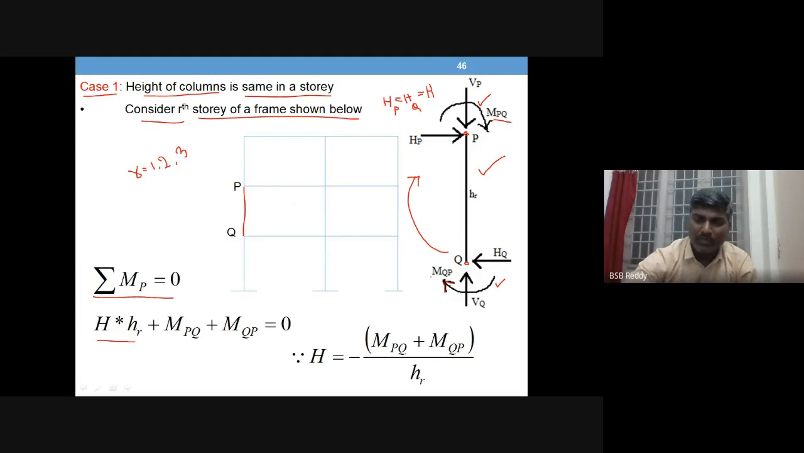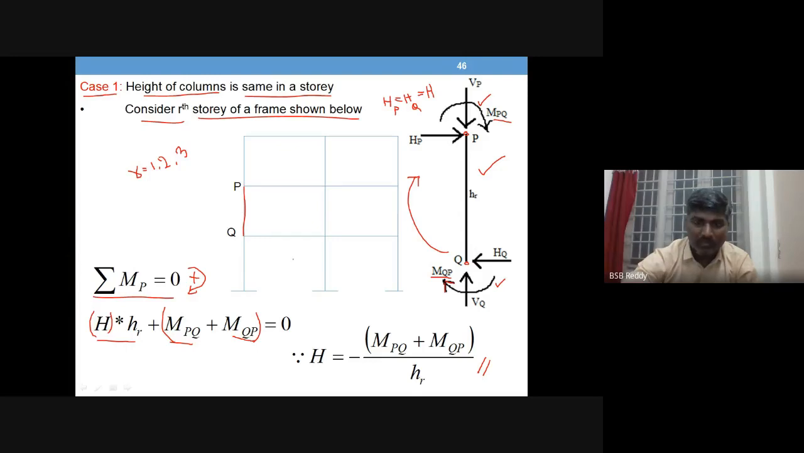MPQ, MQP are the end moments, both are clockwise. So clockwise positive is taken. So even if you want, you can have a notation like this, considering clockwise positive, equal to 0. So now the horizontal reaction from this expression: these two go to the right hand side and become negative, and HR comes to the denominator. So this is the horizontal reaction developed in the column, nothing but column shear force in the column